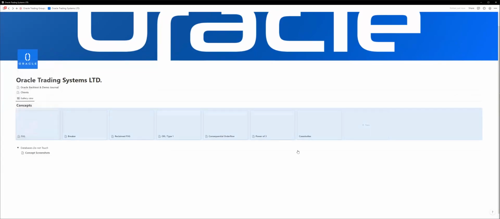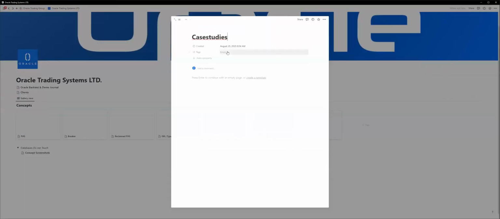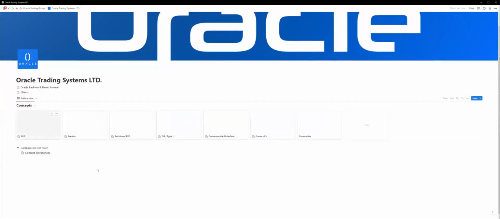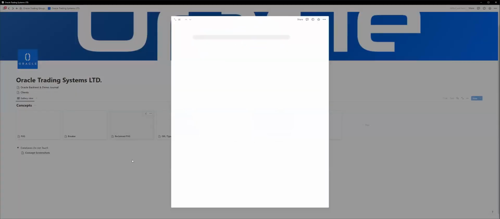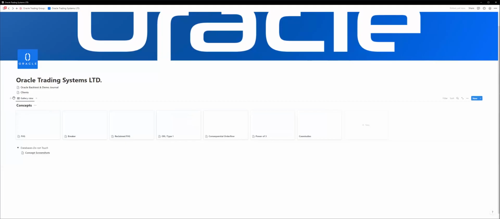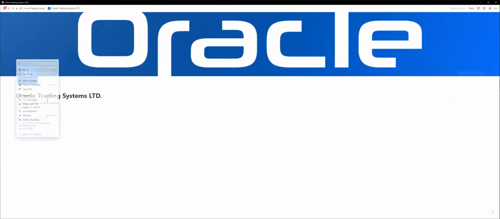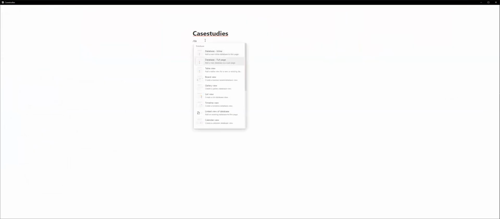Why? Because we can just do case studies and give them tags that sort them, instead of having all these separate ones for screenshots. So here, I'll show you how this is done. I go to the case studies page, and with case studies we don't need anything like RR, that is strictly just for